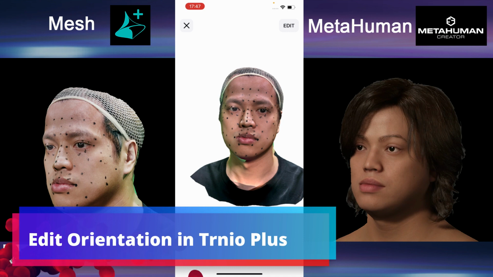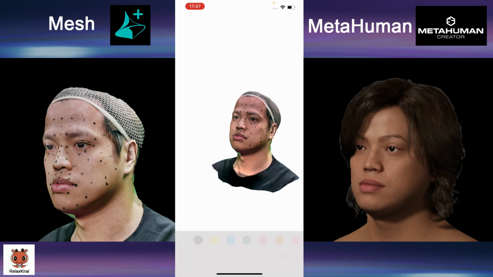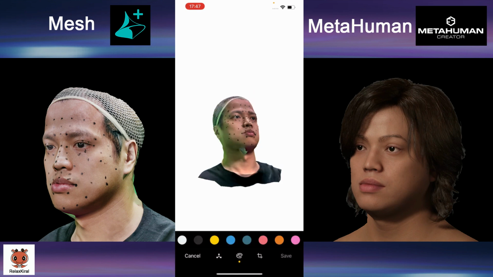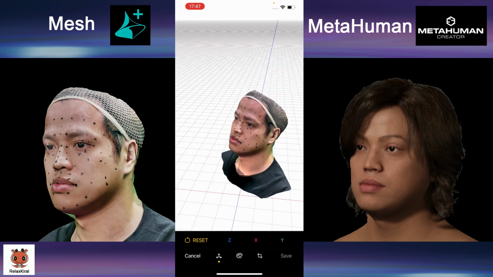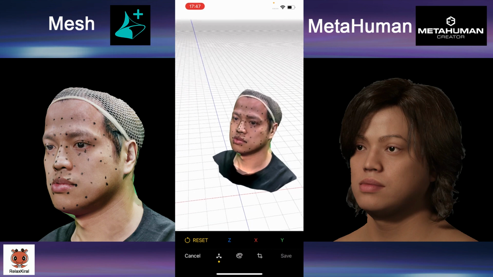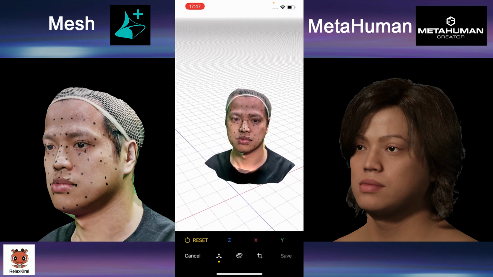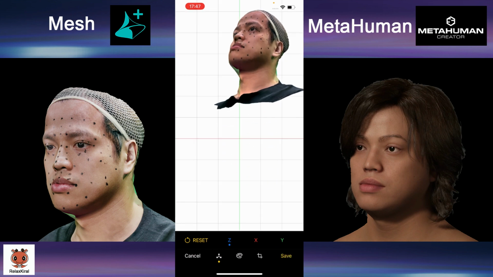So in some cases, you might have body parts like clothing, like a t-shirt or something like that. First of all, you could change the rotation and the orientation of your scan. For example, right now, my scan is facing between the X and Z axis. I kind of don't like that, so I could change it. For example, I choose Z axis, and then